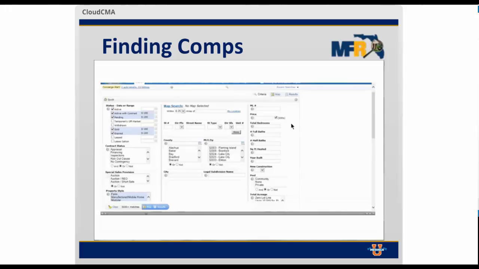So my subject property has 3 bedrooms. I have some options. I can say I want all properties with 2 or more bedrooms, 2 plus. I want all properties with 4 or less bedrooms, 4 minus. Maybe I want a range. I want properties with 2 to 3 bedrooms. But in this case, just for simplicity, to make life easy, because this is a 3-bedroom home, and that's pretty standard in this neighborhood, I'm just going to put in 3. I want to only pull comps with exactly 3 bedrooms to save me the headache of having to make adjustments